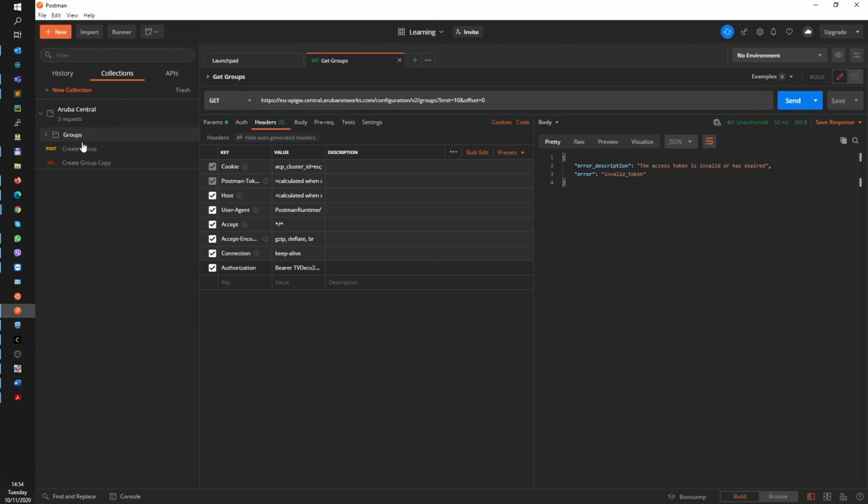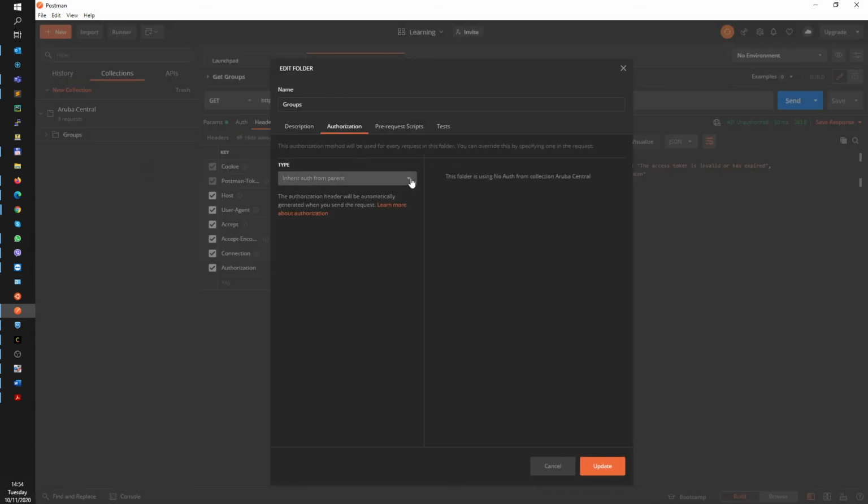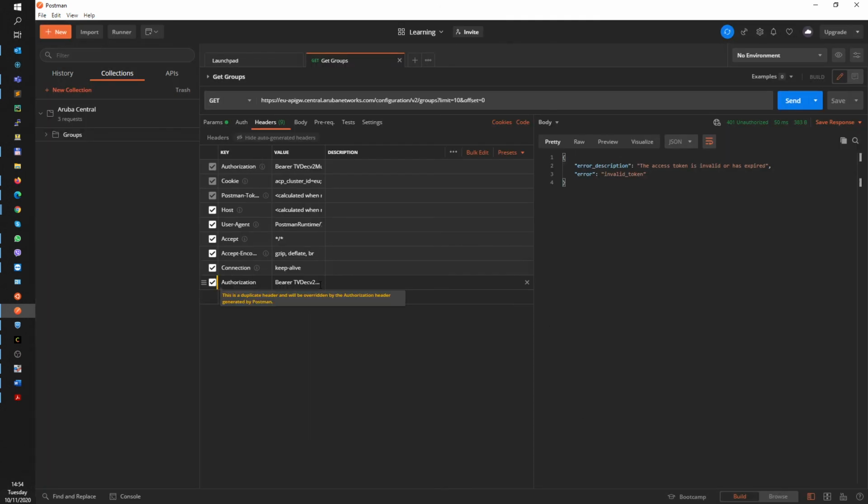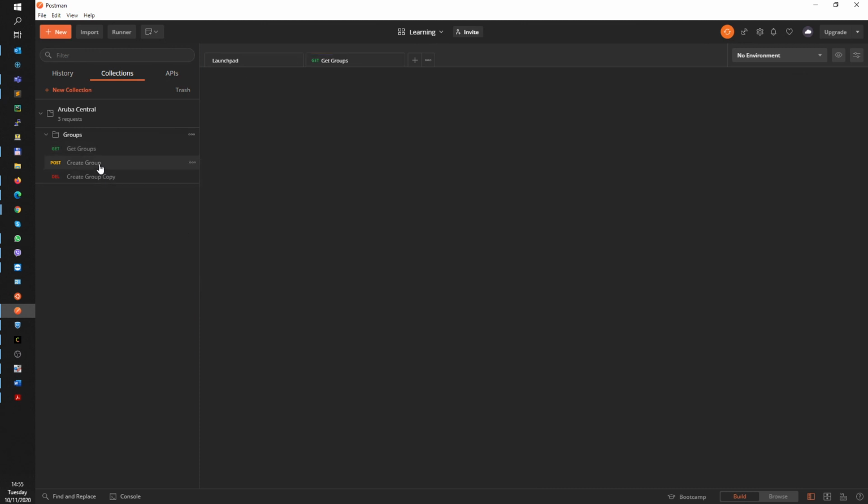And if we move our requests in there now, we can copy out the token and edit this group and select bearer token here. And we just copy in the token. And now we see our requests are in there, and each of the requests has this yellow band next to the authorization part.